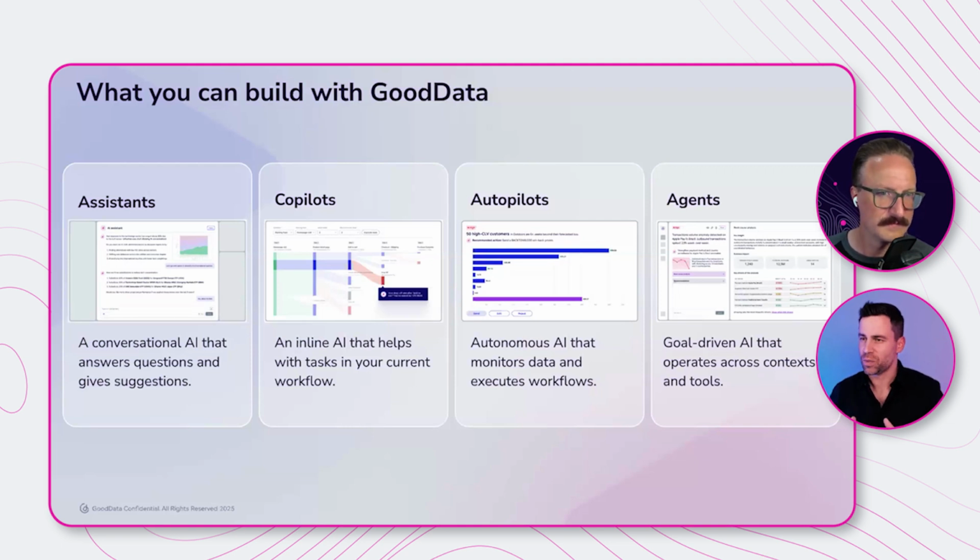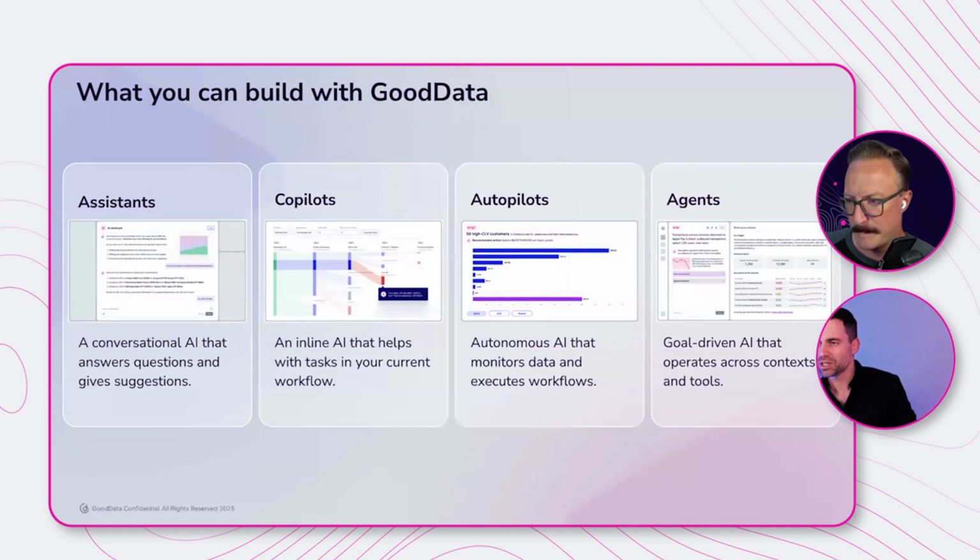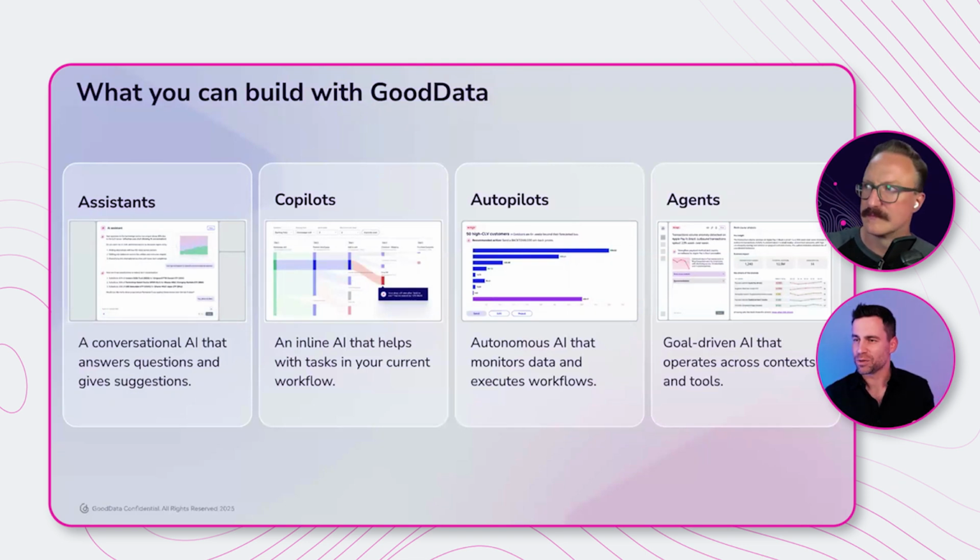But the differences are really about how you interact with AI, right? Coming from a simple interaction, which everyone knows, like chatbots, the assistants, where I go in, they live inside, these could be standalone apps, or they can live inside some of your applications, and I can go in and initiate the discussions. To copilots, which are a little more inline experience.